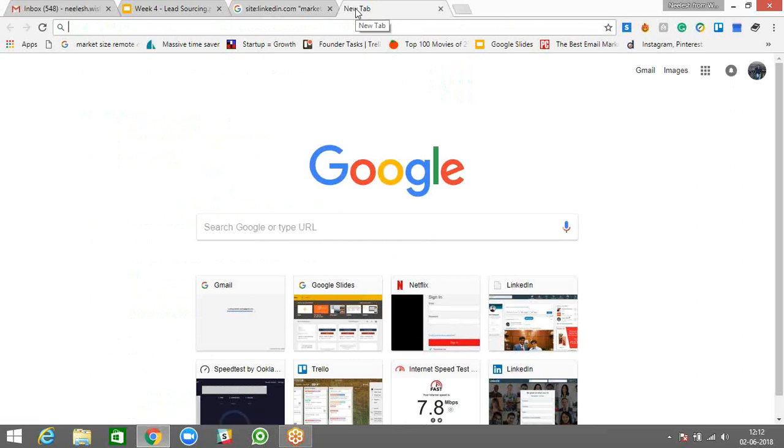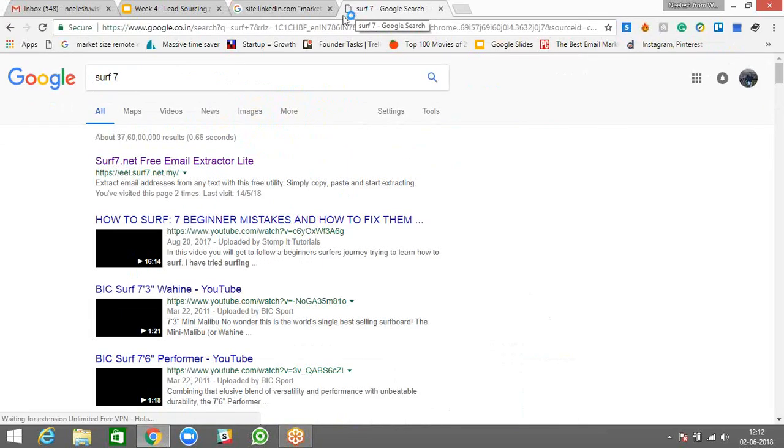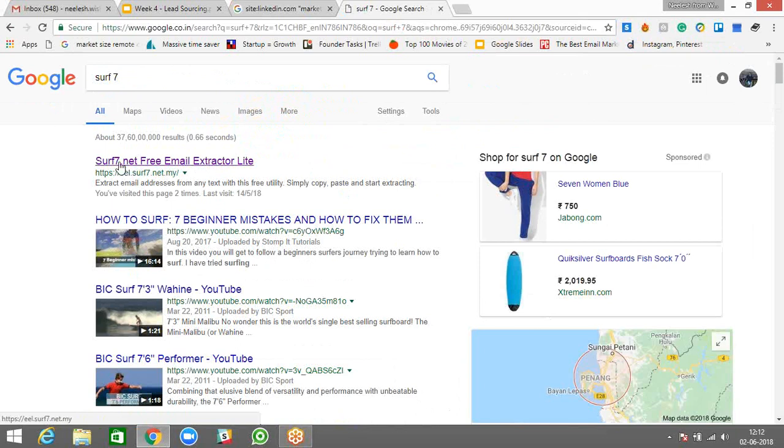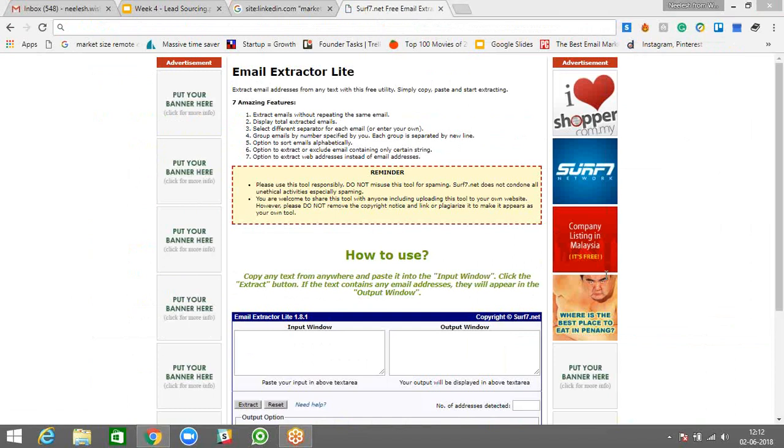Now go to a tool which is called Surf7. SURF 7. You will see this surf7.net free email extractor lite. Click on that. Read it.